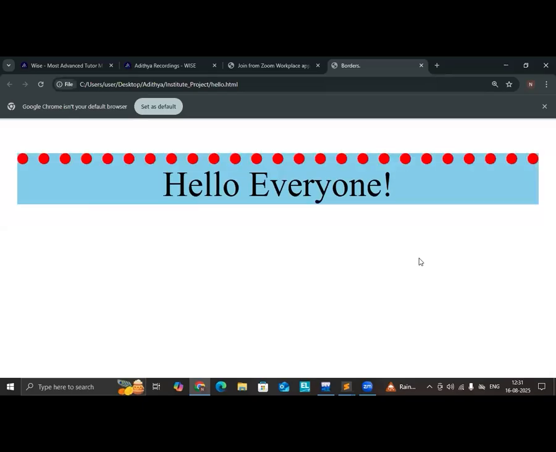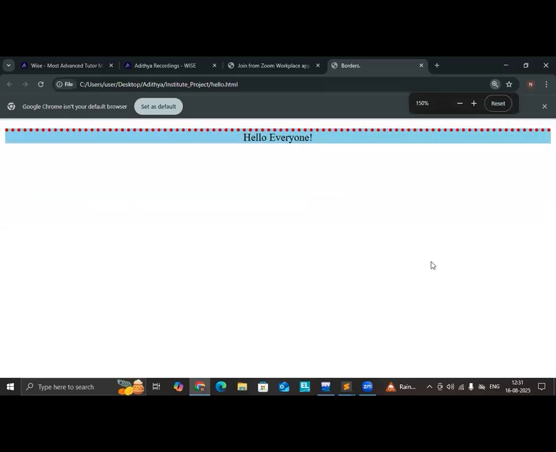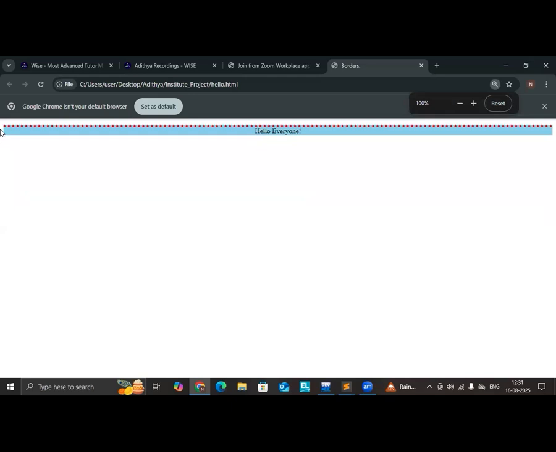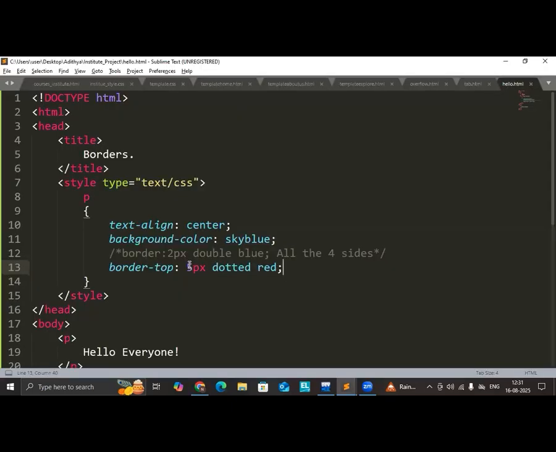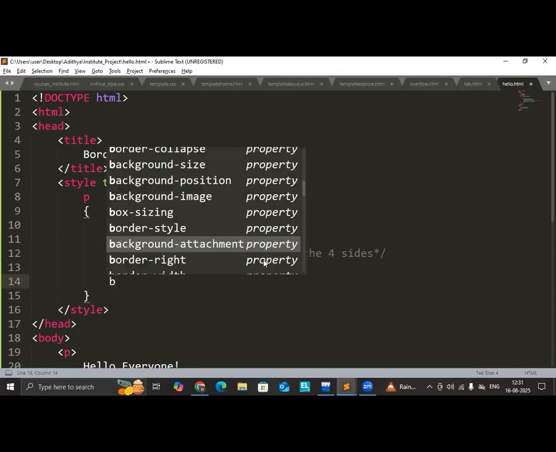See now what is happening? From only the top, we are getting the border of dotted style with how much? With 5px of thickness. Okay, like this. So now let us go with border